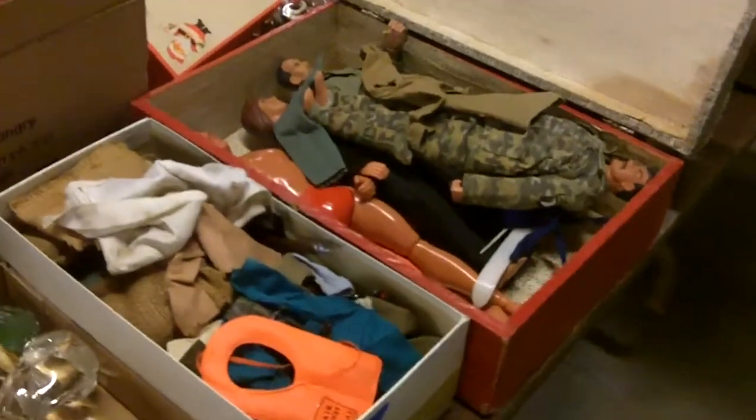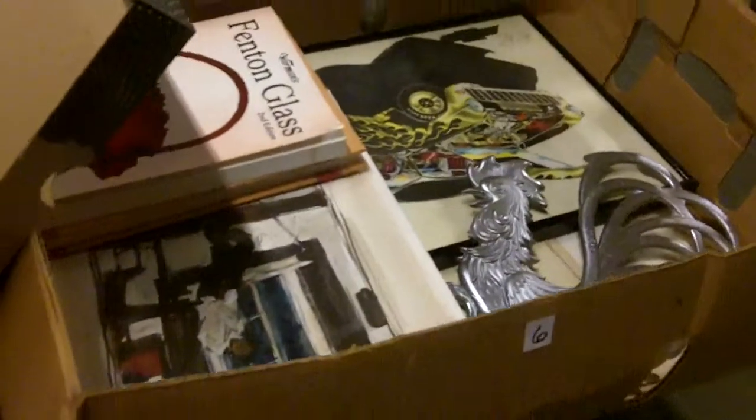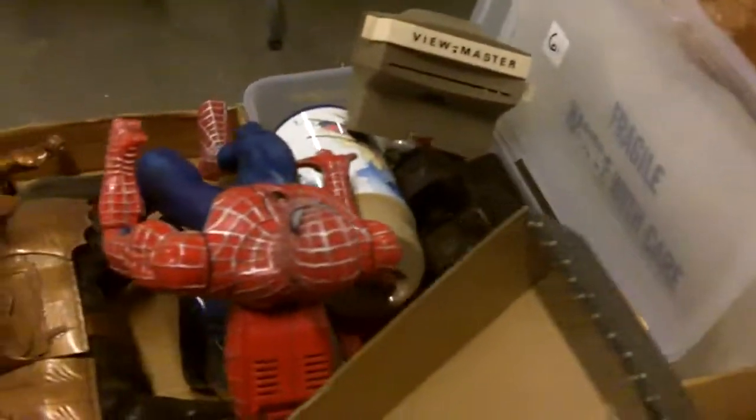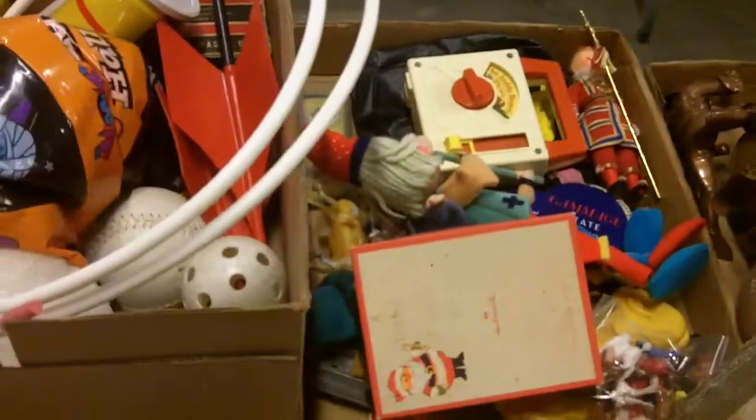So here's some of that G.I. Joe stuff. You got uniforms, dolls. I think there's another, back here, a box of uniforms with dolls. Big old box full of all kinds of stuff. There's some Teddy Ruxpins, a whole crate of Teddy Ruxpins, and maybe another kind of bear, but a couple of Teddy Ruxpins in there. Been getting a lot of Teddy Ruxpins lately. I don't know where that's coming from, but